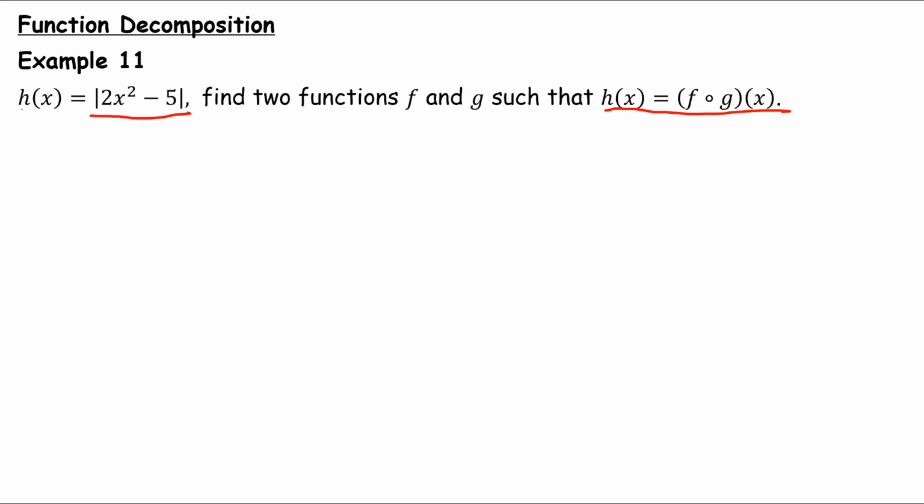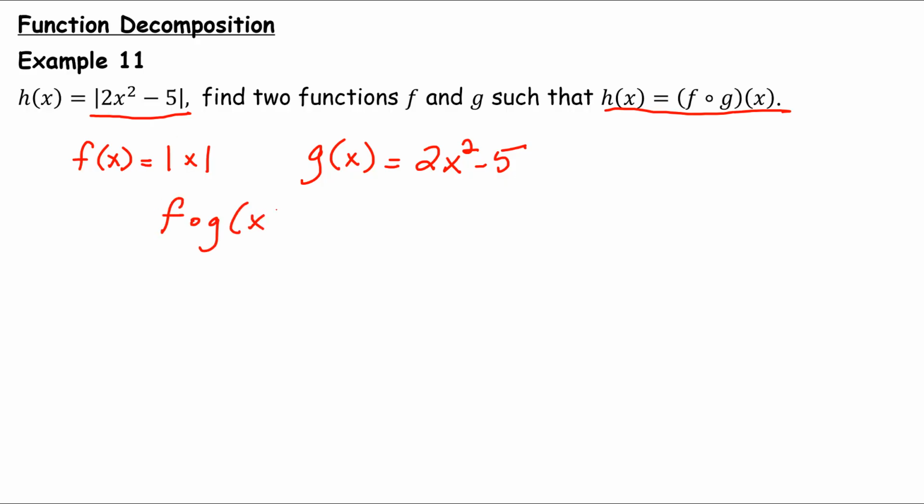So if you had f of x being the absolute value function, a function where whatever's in those parentheses, you just take the absolute value of it, and you let g of x be the function that takes x and squares it and multiplies it by 2 and subtracts 5. Then, if you take f circle g of x, which means f of g of x,